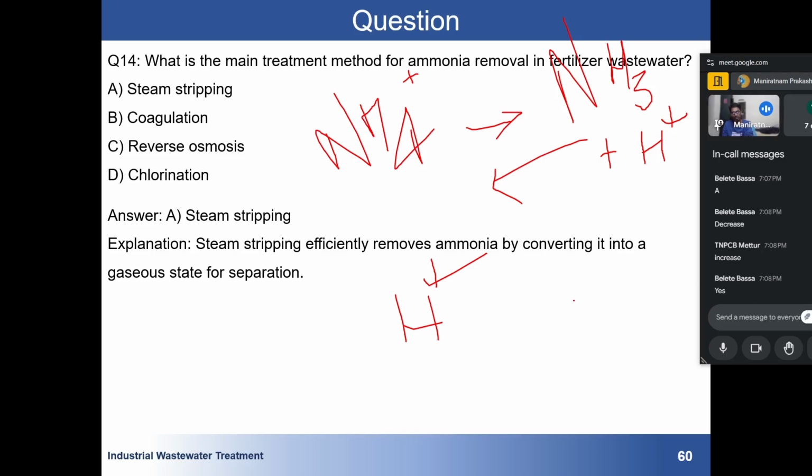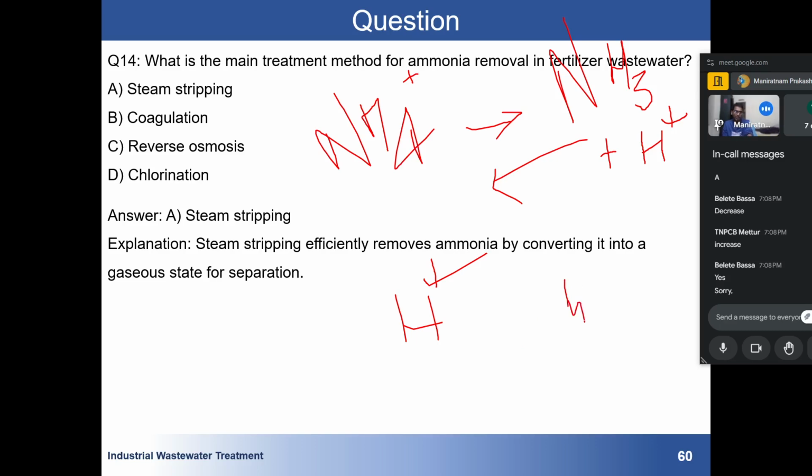Increasing, yes. So if you are decreasing the pH, it means increasing H plus concentration. If you are increasing H plus concentration, then as more H plus is on the reactant side, the reaction will try to go in the backward direction. So you cannot strip down the ammonium, so it's good to increase the pH.